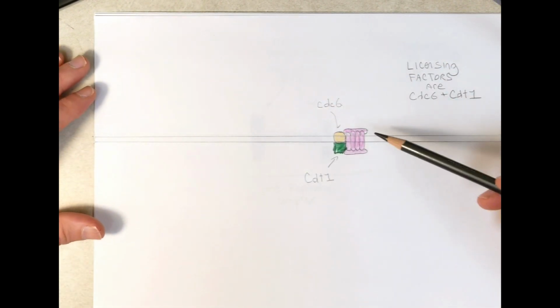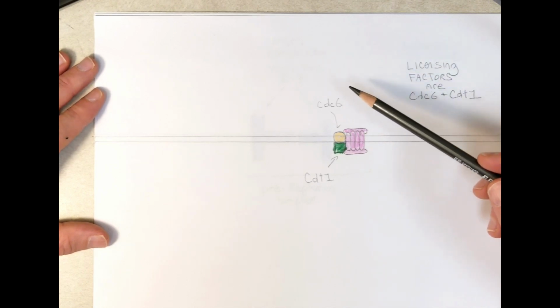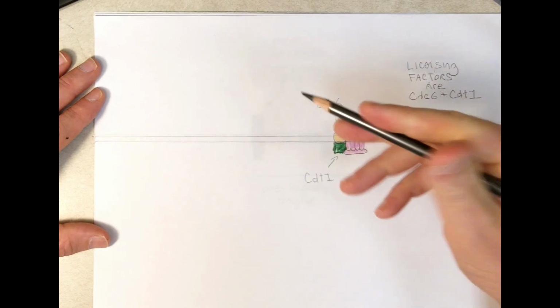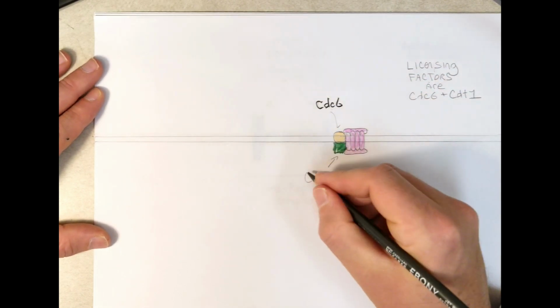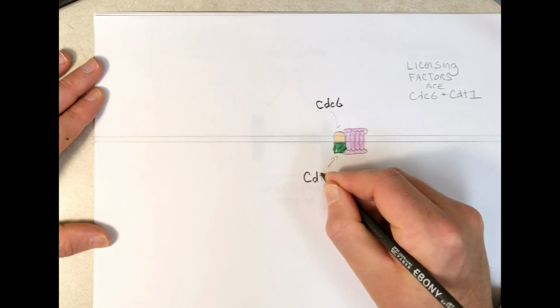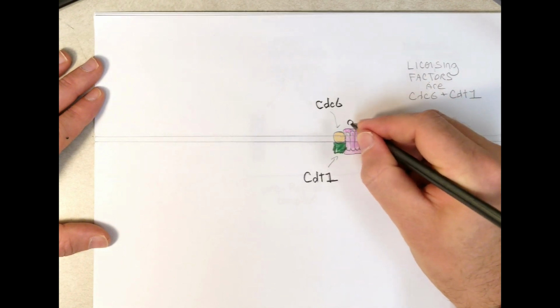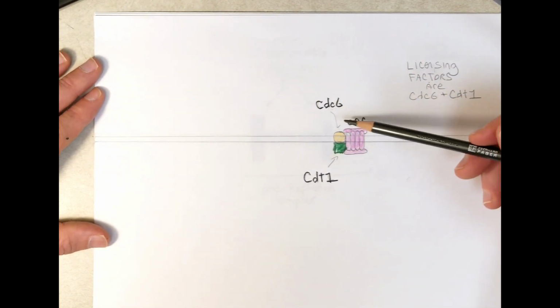After the origin recognition complex forms, 2 proteins come in, and these are called the licensing factors. They are CDC6 and CDT1, and they bind to the ORC. They are called the licensing factors, and they are important because